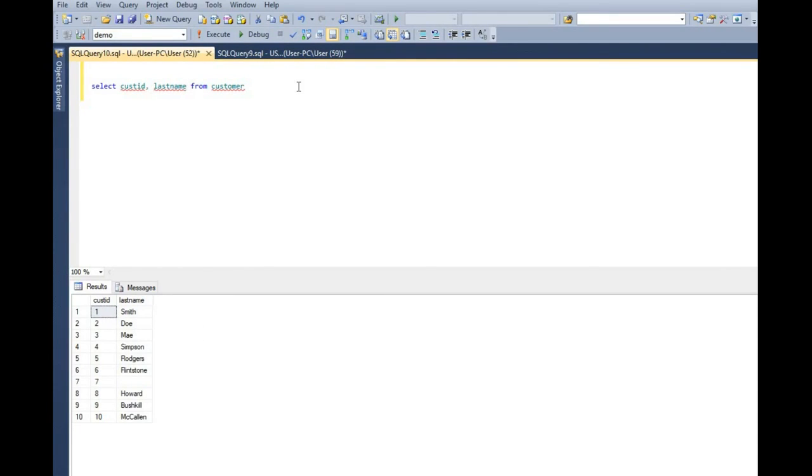So this is what your application is expecting. Say your web page or your app or whatever it is that you're using, a Crystal Report or something else. If it's expecting that, it's very good to select exactly what it's expecting,